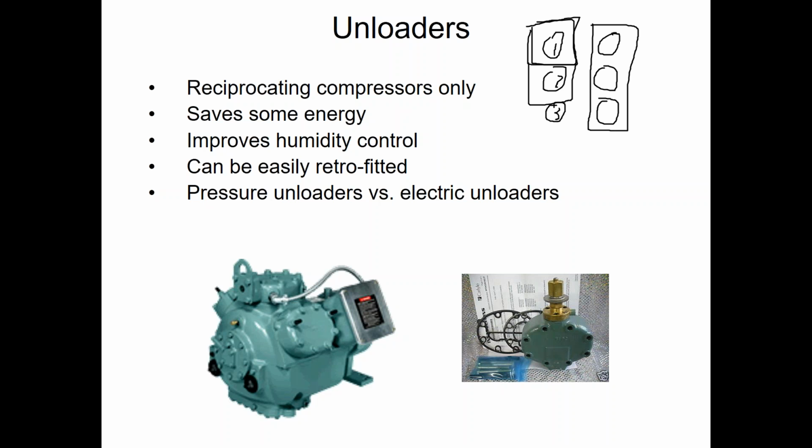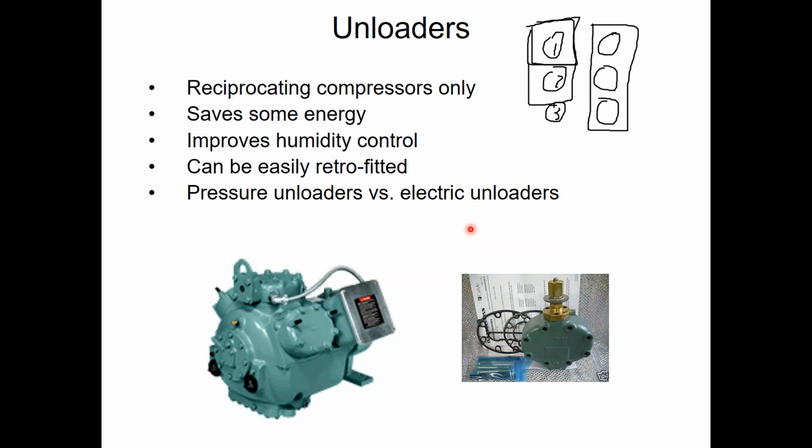But the thing I want you to know from this discussion, in case you ever retrofit one of these, is there's 2 types of unloaders that can be put on a recip: pressure unloader and electric unloader. You have to use electric unloaders. I will repeat, you have to use electric unloaders on a VAV system. The pressure unloaders do not react quick enough. Pressure unloaders can only be used on constant volume systems with recip compressors, because in those cases, the compressor is